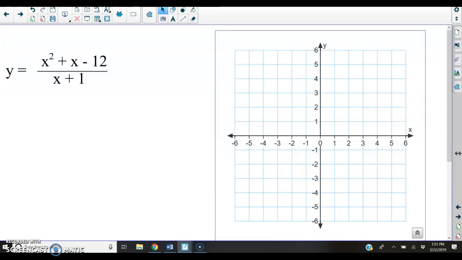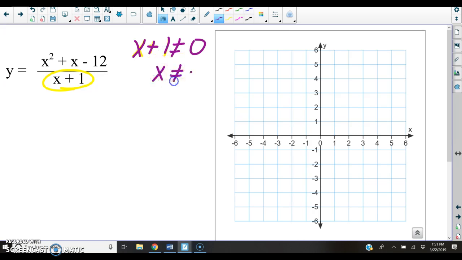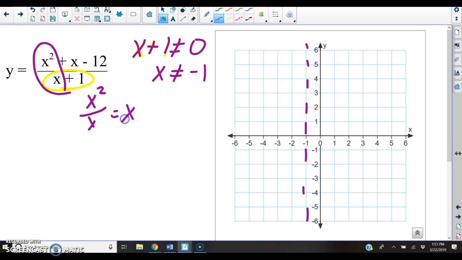Okay, this is a rational function, not a polynomial function, and it has a polynomial in the denominator that we can use to find a vertical asymptote. The denominator, x plus 1, cannot equal 0, so when we move the x over, x cannot equal -1. That gives us a vertical asymptote. The numerator power is larger than the denominator power, so we get a slant asymptote,